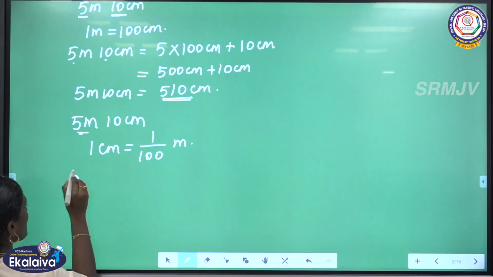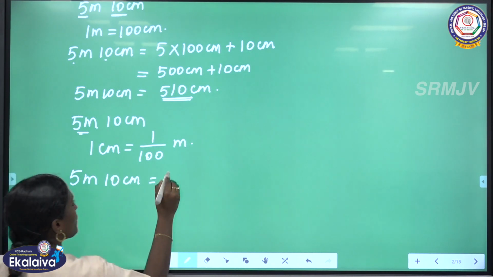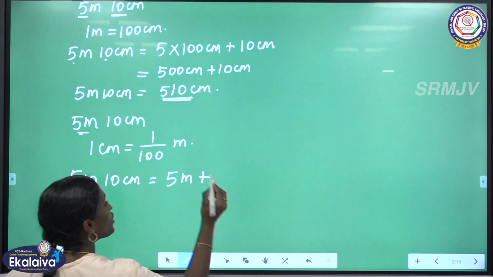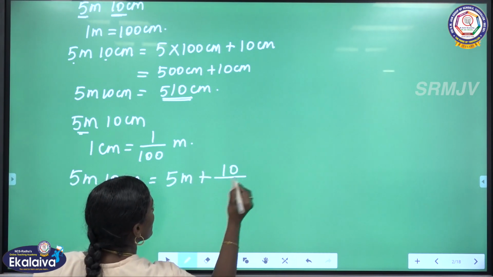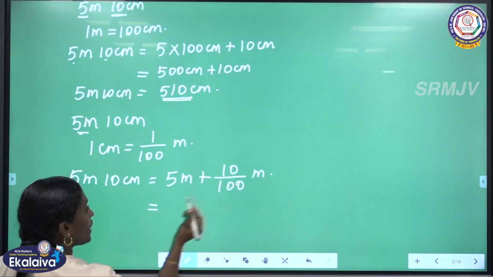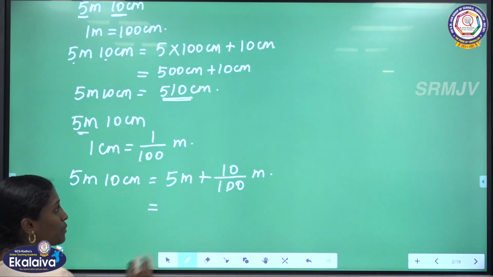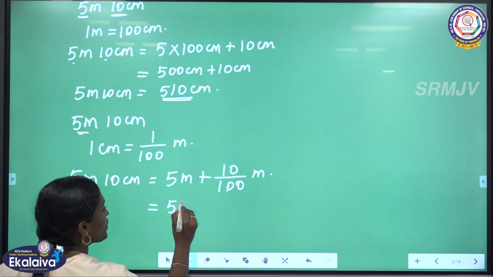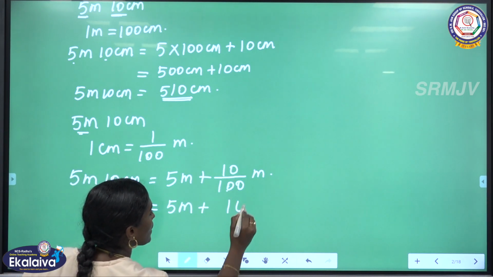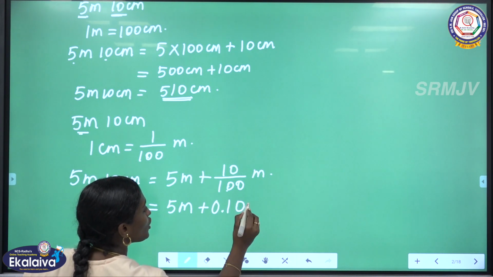Okay, now we have 5 meter and 10 centimeter. Here 5 meter as it is plus we are going to convert 10 centimeter to meter. So 10 divided by 100 meter. While dividing a number by 100, according to the number of zeros in the denominator, we have to keep the decimal point. So 5 meter plus, here the decimal point will come 2 digits before. So that is 0.10